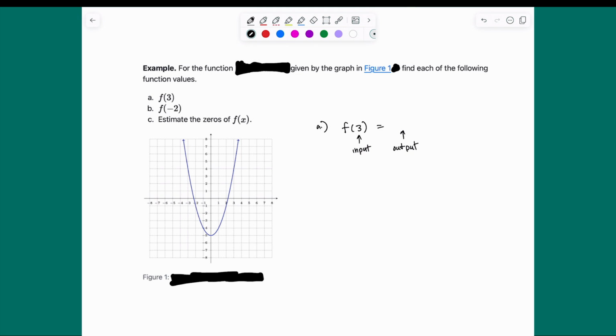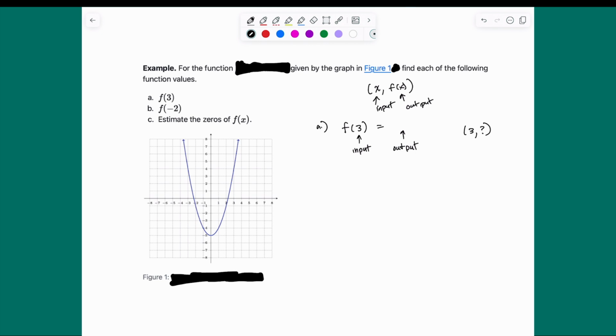Okay, so a graph of a function always has ordered pairs, right? A graph always consists of ordered pairs. So the ordered pairs are basically x, the input, and the output, right? So in this case, we are interested in our first coordinate, our x value being 3, and trying to figure out what that y